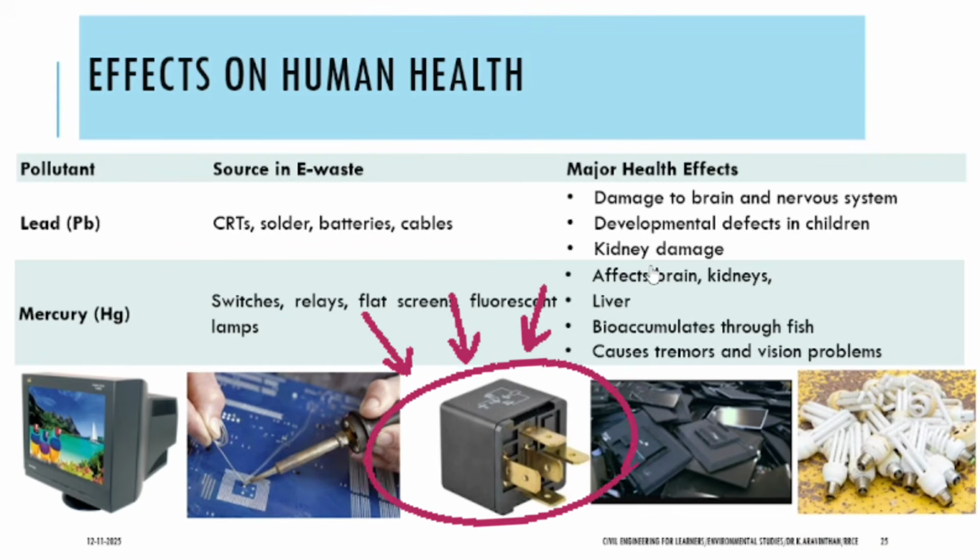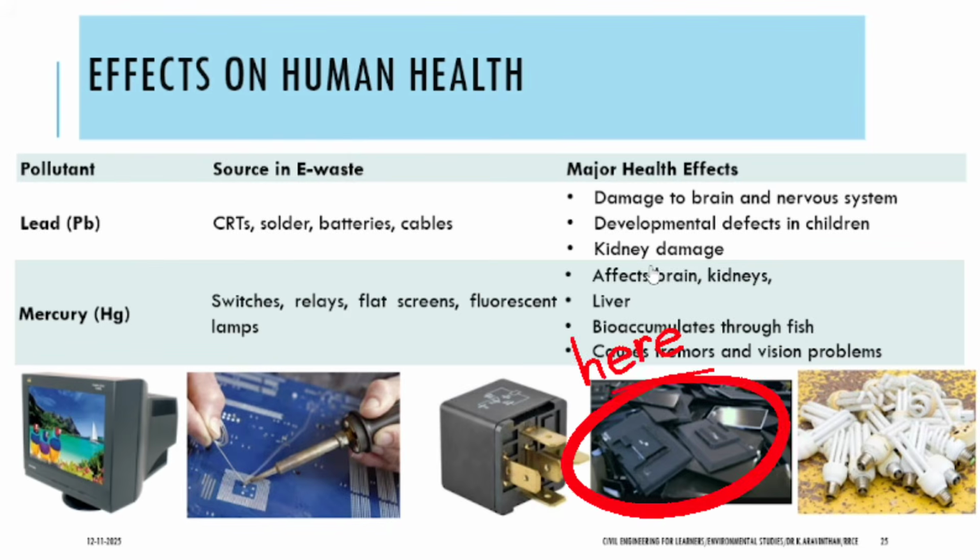Switches, relays. Every bike has some relay, and cars, etc. In your bike you have high beam and low beam, no? You are changing that light. Without a relay you cannot change. The relay makes those fluctuations of supplying high voltage and low voltage. This is called a relay. This relay consists of mercury.